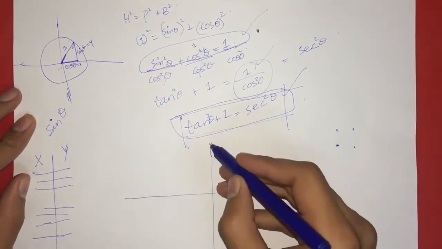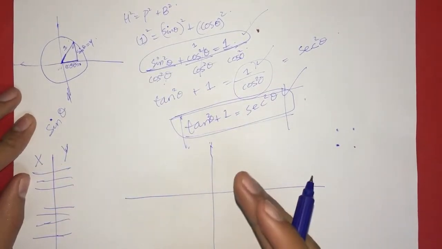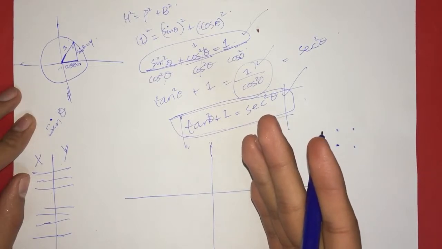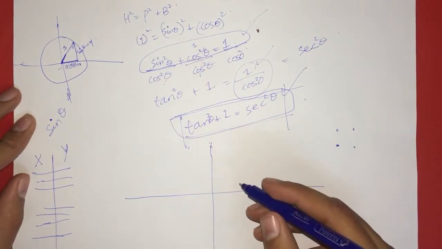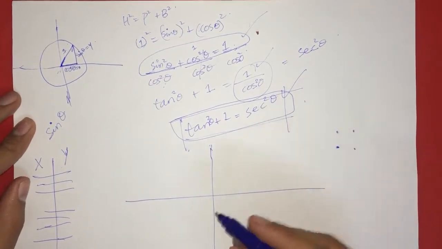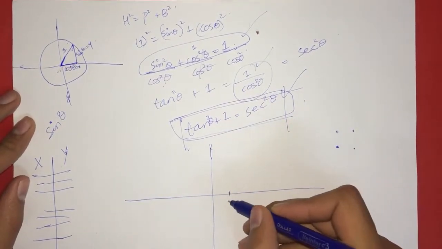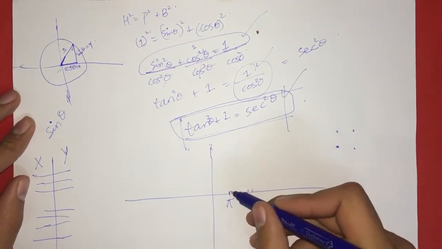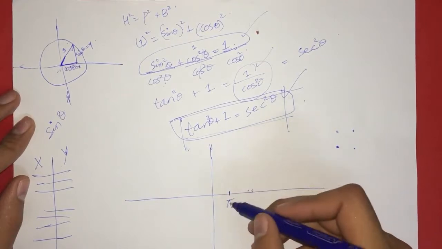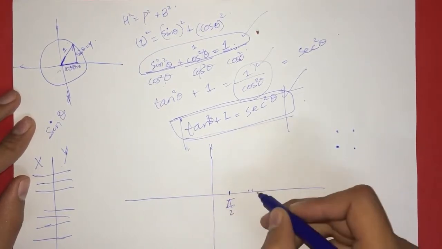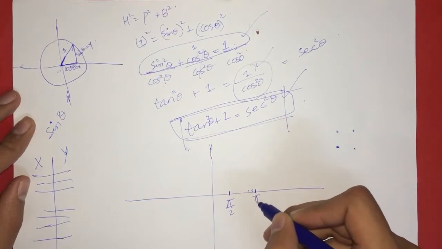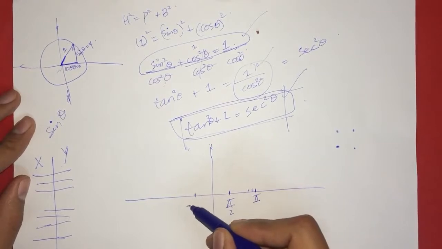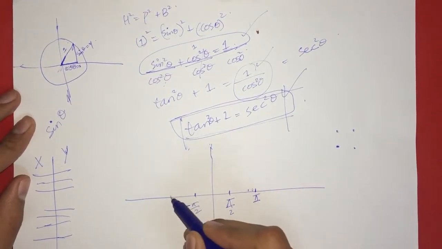For the units of measurement, instead of writing 1, 2, 3, 4, 5, what we actually do is write pi. So this can be pi by 2, this can be pi, and here this can be minus pi by 2, minus pi,